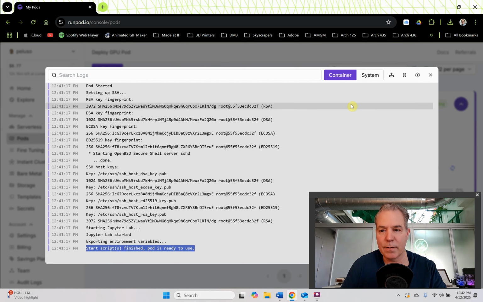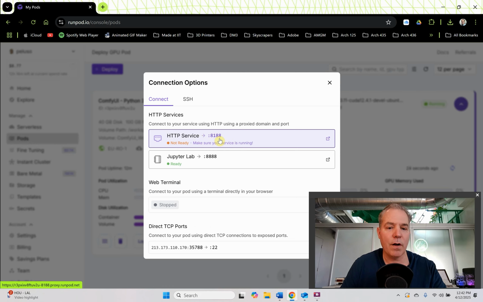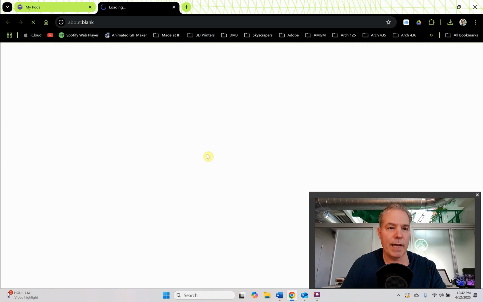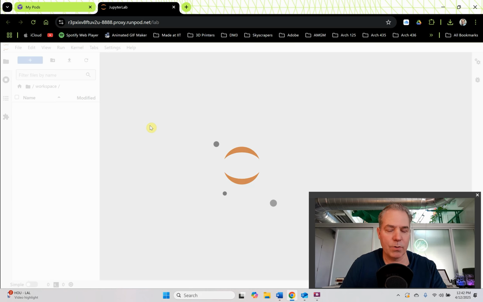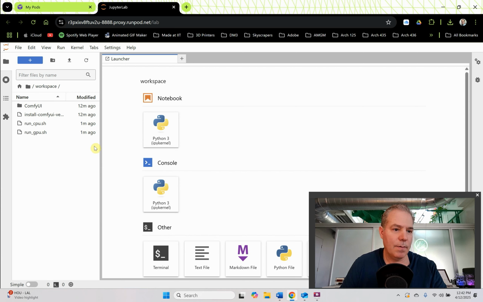Okay, so what do we do next? Next, we go to connect. We click on connect, and before we launch HTTP service, which is where ComfyUI will be running, before we do that, we have to run a file through Jupyter Lab. So if I open up Jupyter Lab, this is just basically a file explorer, uses Linux code, but here we see, right here, we see the